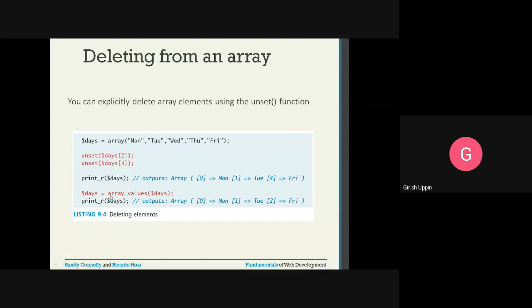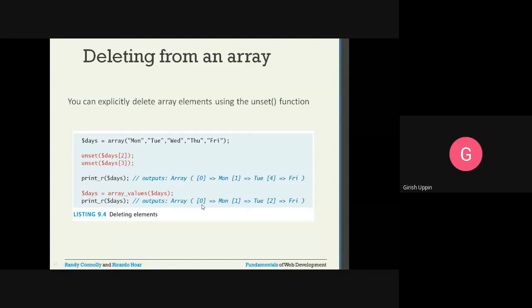$days = array_values($days). What array_values will do is rearrange the keys. When you say $days = array_values($days) and pass the $days, it will rearrange the keys. Earlier the last key was 4. After passing $days to array_values, it will reorder the keys and return that array.